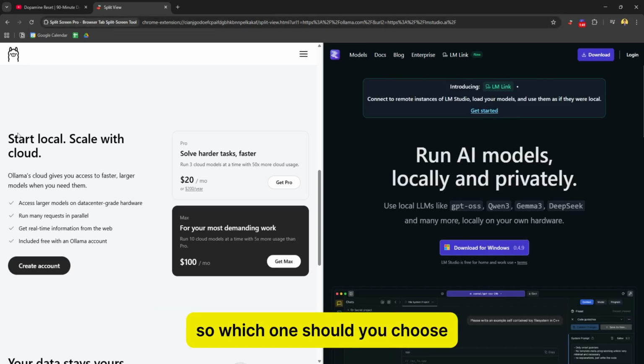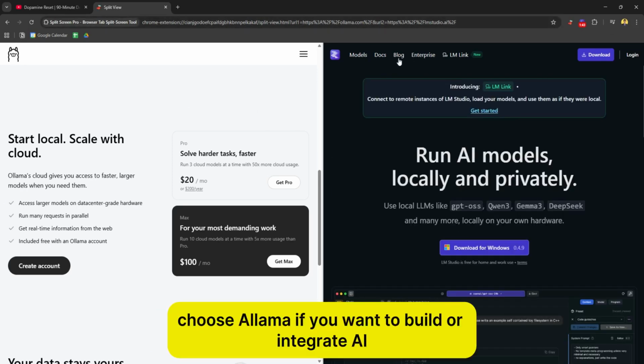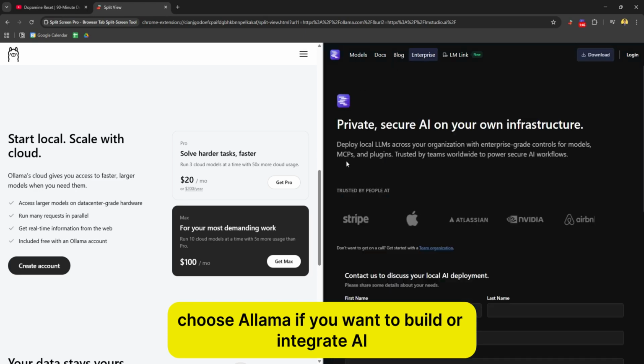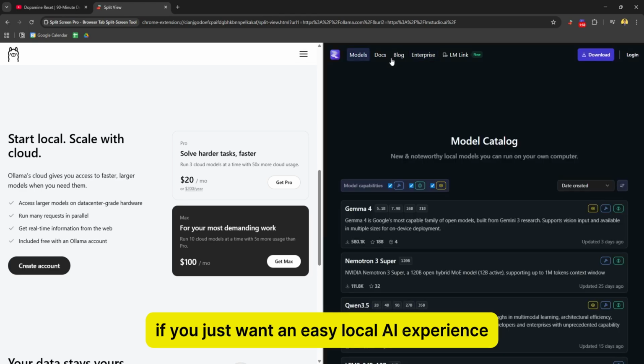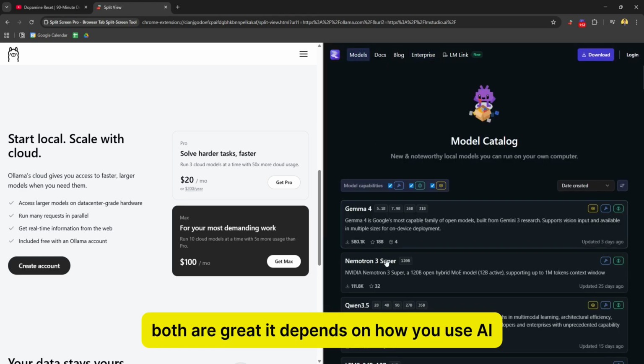So, which one should you choose? Choose Ollama if you want to build or integrate AI. Choose LM Studio if you just want an easy local AI experience. Both are great. It depends on